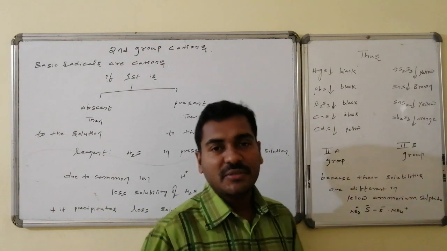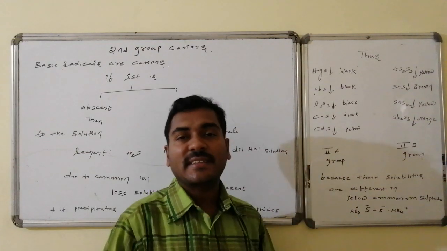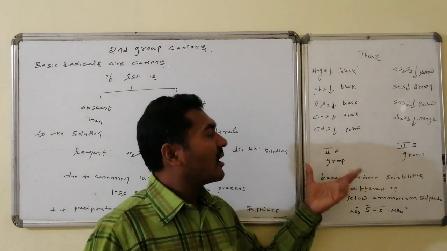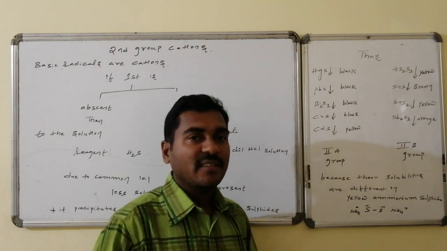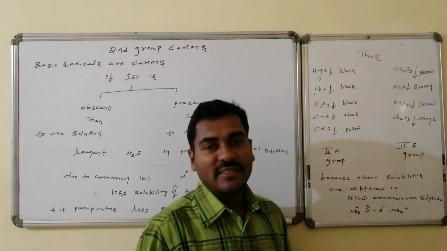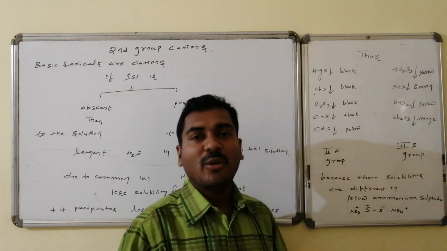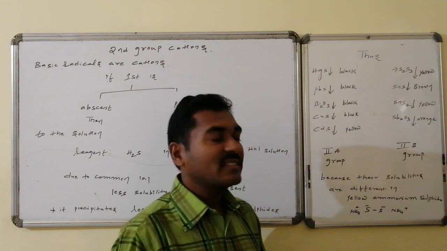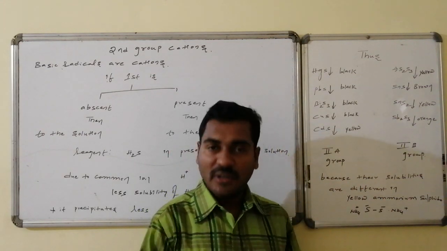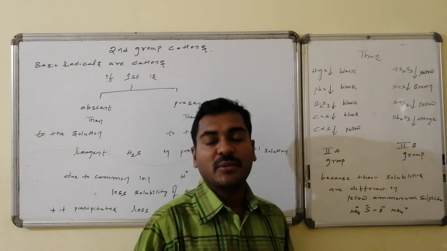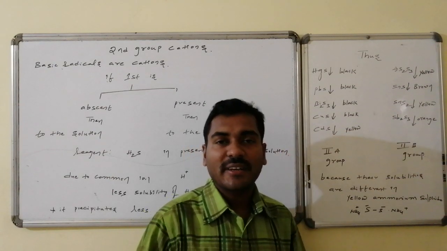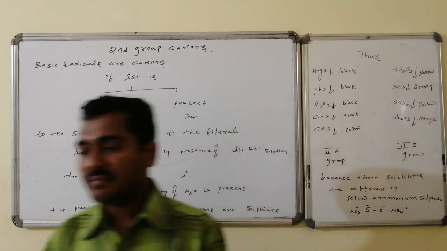These belong to the second group, and the first series is said to be the second A group and the second series is known as the second B group. All of these sulfides have their own specific colors, but some of them are soluble in yellow ammonium sulfide, that is diammonium disulfide, whereas some are insoluble in it. On the basis of their solubility, these are segregated into two categories: second A group and second B group. Now let us go into details related to the segregation and the specific tests for every cation of the second group radicals.